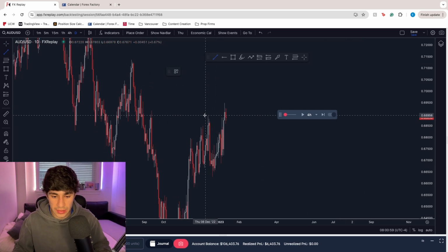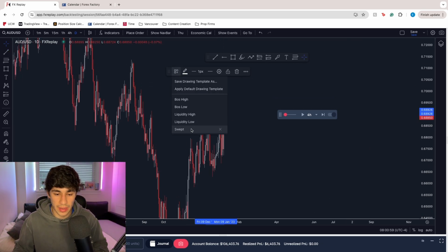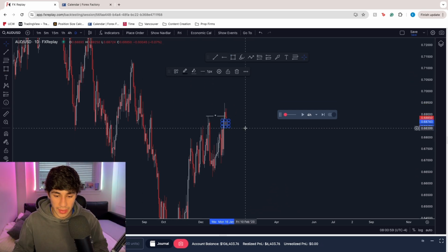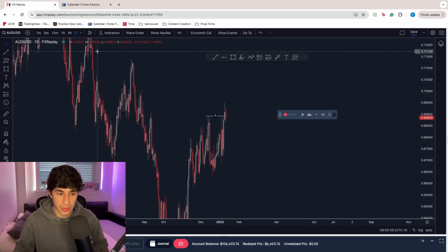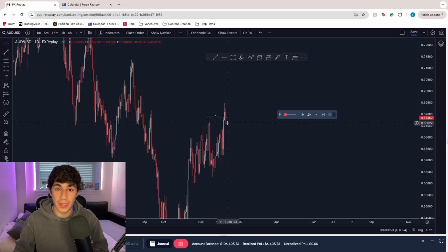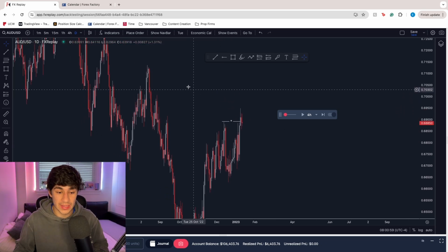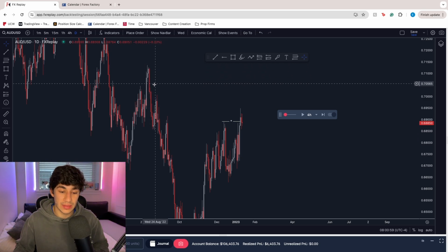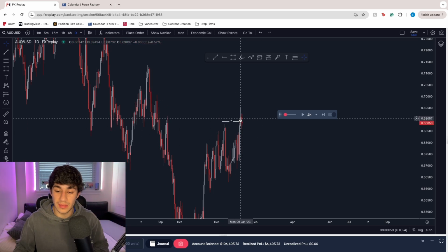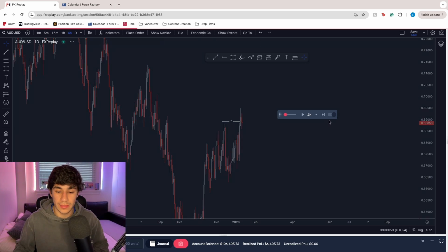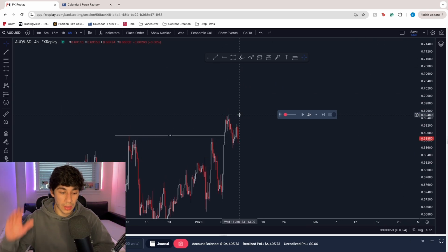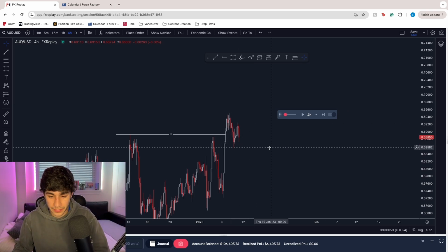So we can see that price is still rejecting after taking this high here. So price already reached this fair value gap, right? So price might want to continue going up based on the fact that we can see there's not too much movement to the downside. Usually when there's a lot of movement, we can see this type of movement. So price rejected from here and we can see this rapid movement to the downside, but this is not happening. So maybe price wants to take this high first for then to maybe do a movement to the downside. So let's see